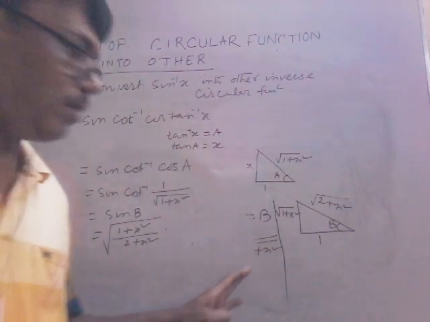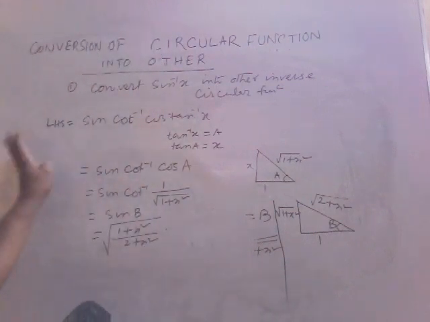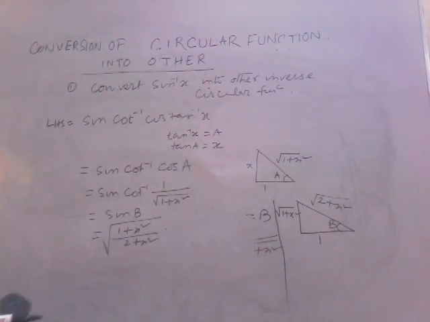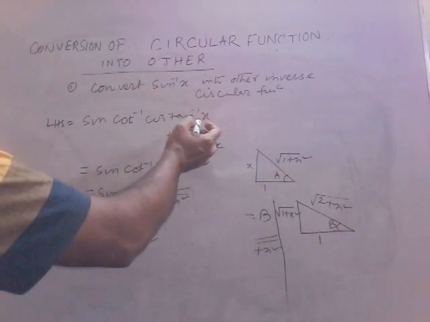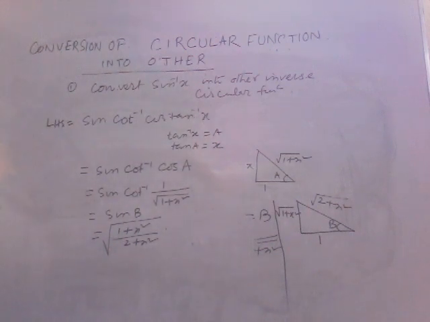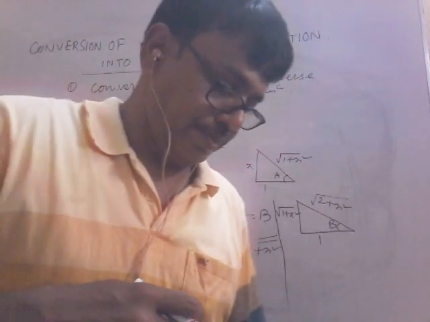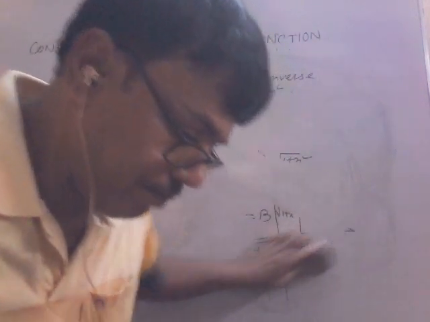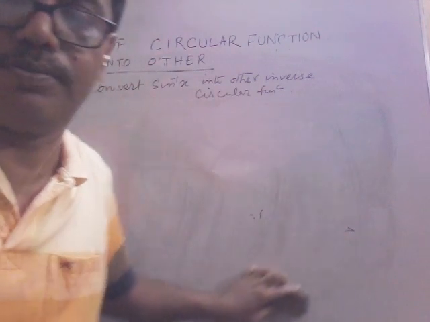So you can solve the problem this way, or you can use the direct method. Suppose you know tan inverse, you find cos tan inverse and so on. So for this type of problem, you start from the end. Next, write the last problem.